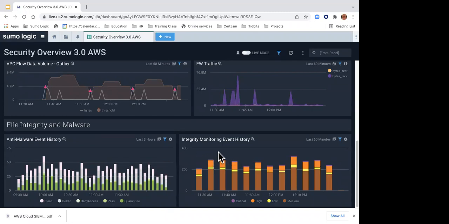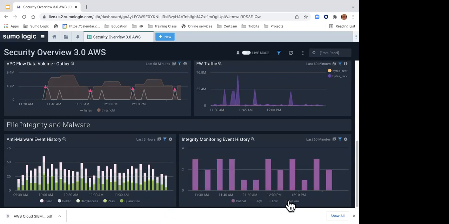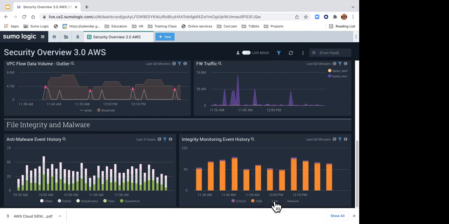Same thing with regards to integrity monitoring of my various events. Again, I can see what sort of issues I might be having here. Let me turn these others off to see what critical issues I have to be able to troubleshoot and investigate, that sort of thing.